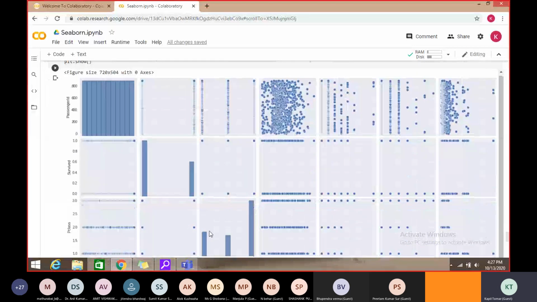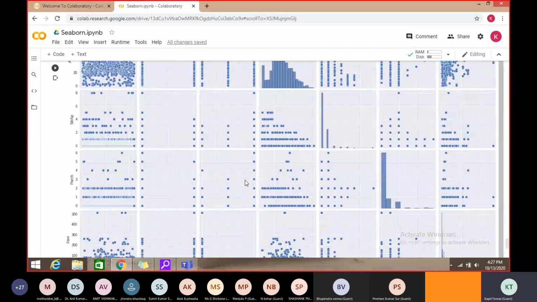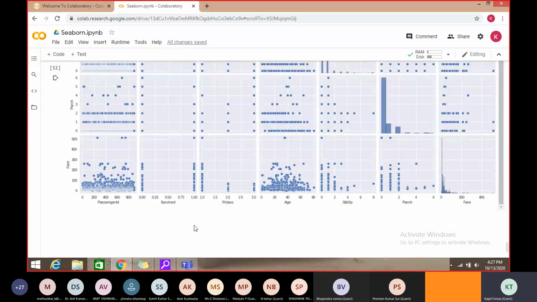Each and every graph will start from the bottom. See this, the graph between two entities. First one between passenger and fare, you can analyze the scatter plot. Survived and fare, and passenger ID, this graph. Fare and survived, this graph.